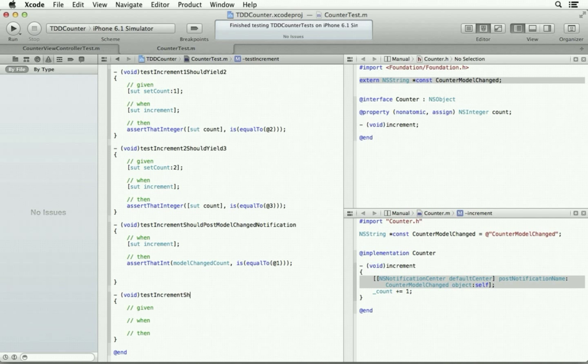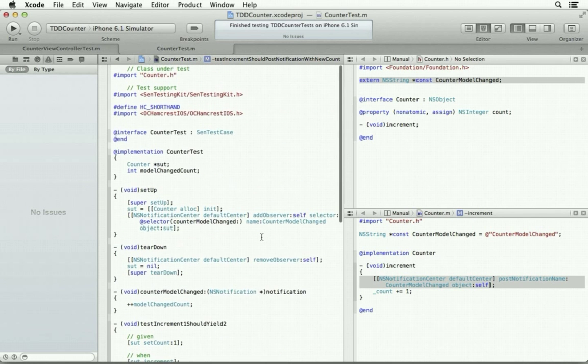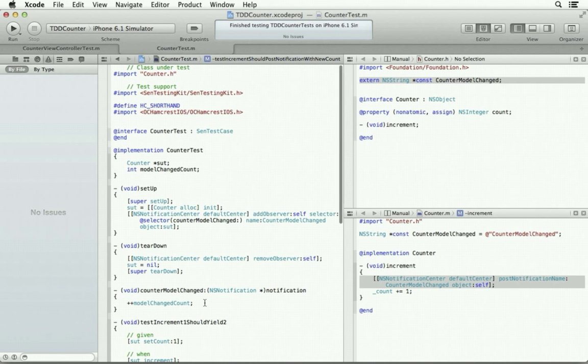Test increment should post notification with new count. What I'd like is for our notification handler to not only increment a count, but also grab the object.